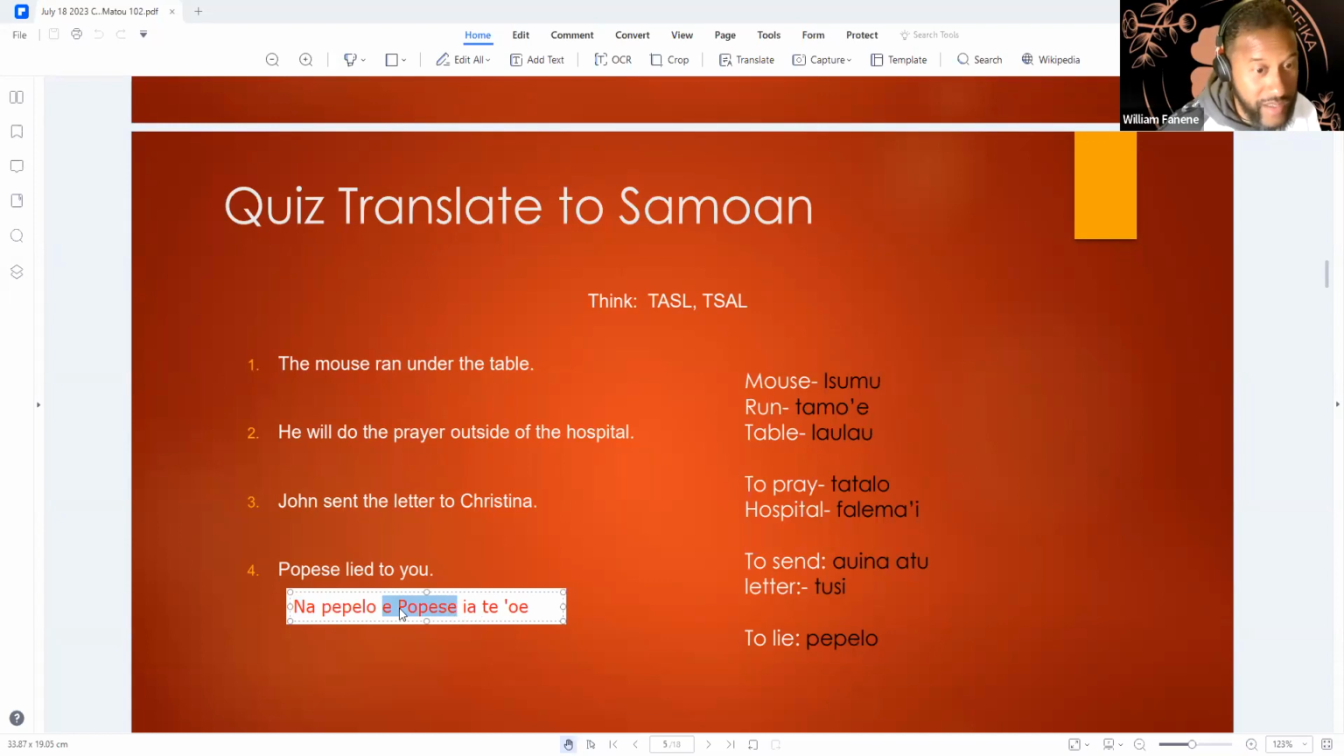This is great. Only thing, in this case you can leave out the e because there's not two subjects here. So if we were to say na pepelo, how would I say it in English? I can't think of an example, but it would have to be like two subjects, just like up here. John sent the letter. So John is one subject, the letter is another, and then the action went to Christina. But in this case, we only have Popese. This is the only one that's doing the action. There's no other subject involved with the action. So na pepelo